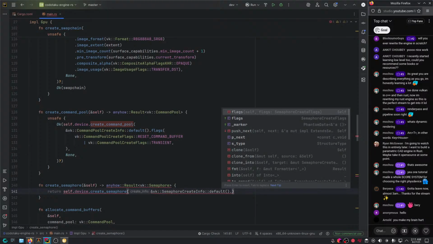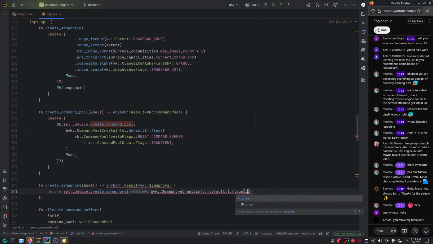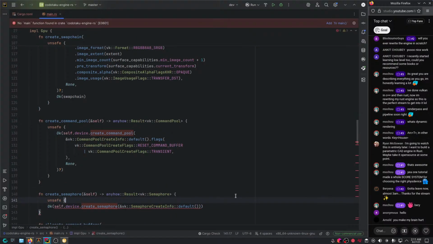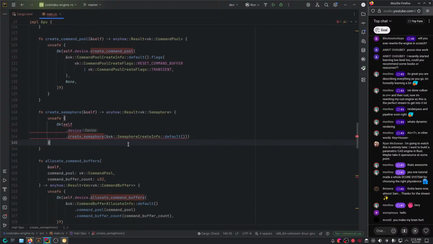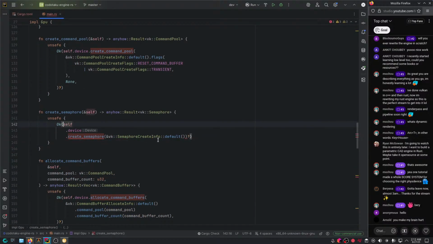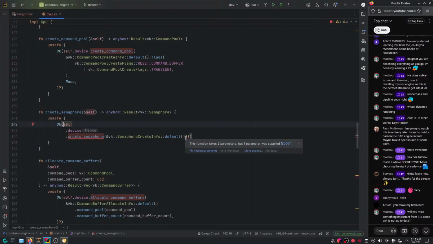Default dot, what's here. I don't need any flags. I don't need to return. Do I need to say Ok? And this is an unsafe operation though, so I'm going to need to say this. And let's actually unwrap that.